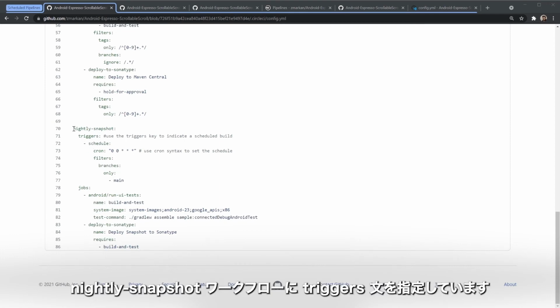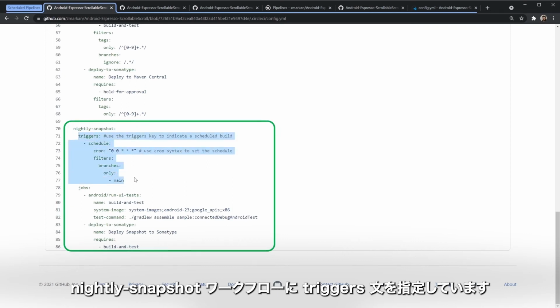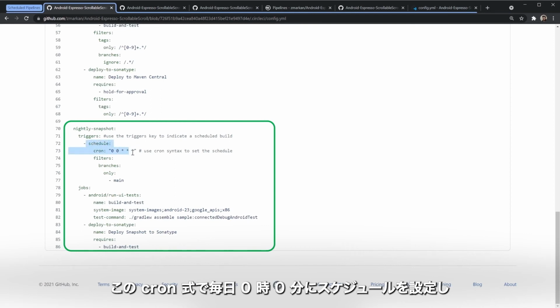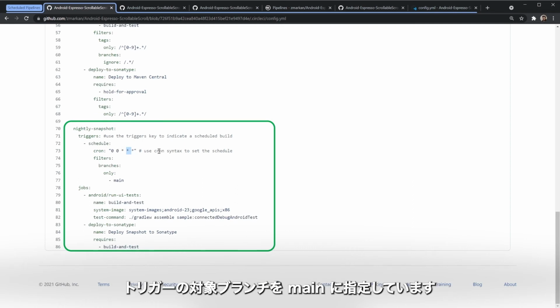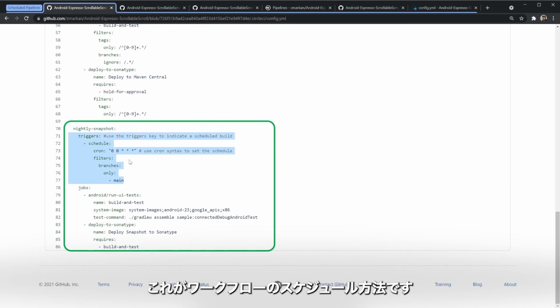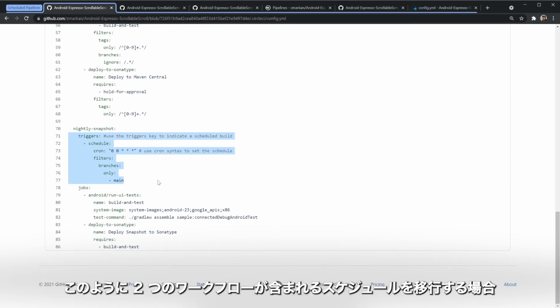And you'll see that in our nightly snapshot workflow, we have a triggers statement where we pass in a schedule, which is in our case a cron expression. So 0 minutes past 0 hour, past midnight every single day on the main branch. So that's how scheduled workflows used to be defined. To start migrating this,